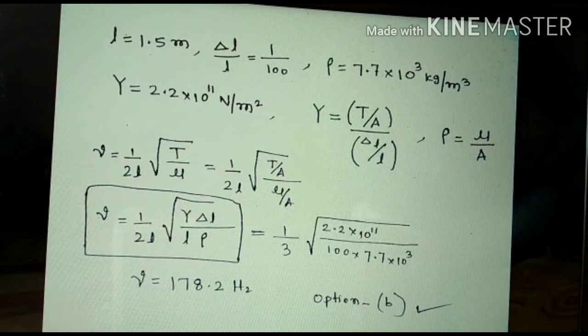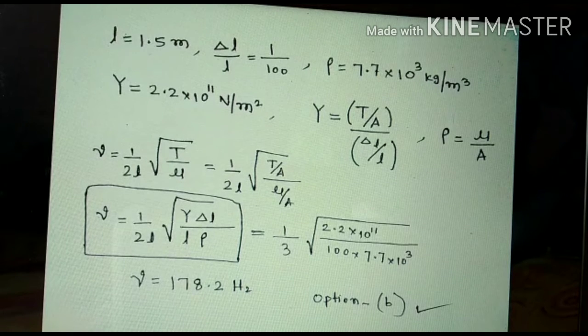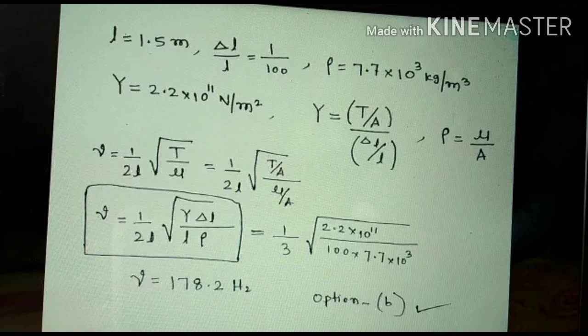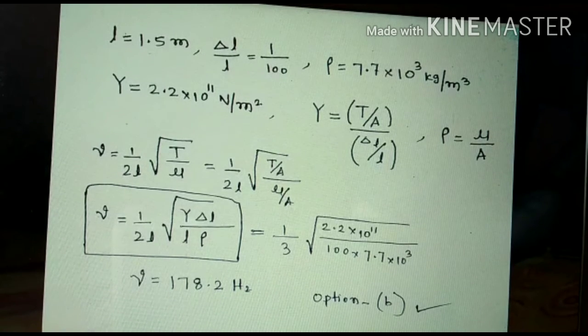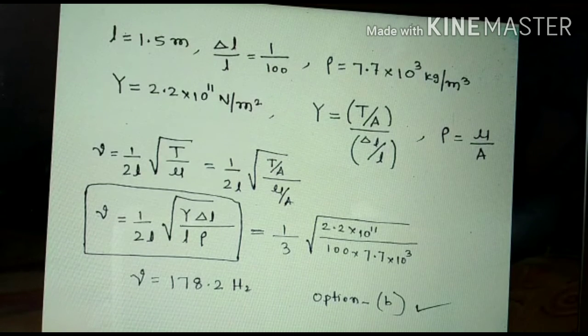We together derived it. This kind of formulas are also better to remember. In JEE Mains, some clever students, top rankers, remember these formulas too, because deriving takes time. If you remember this formula in terms of Young's modulus, strain and density, directly substitute the values in the formula and you will get the answer within 2 minutes. So you have to put in extra effort. This formula will not be given anywhere. You derived it yourself, so remember these formulas.